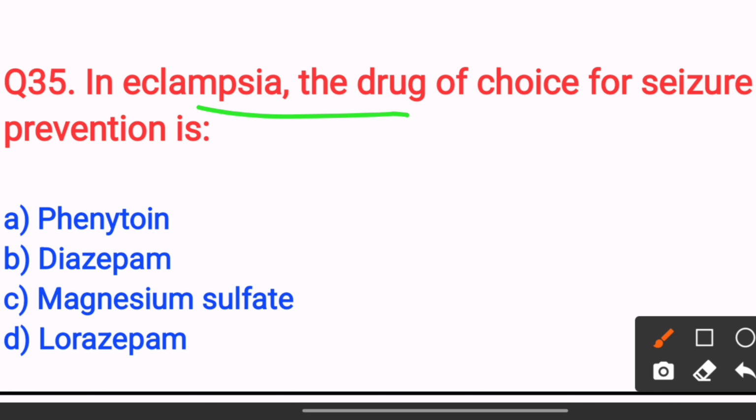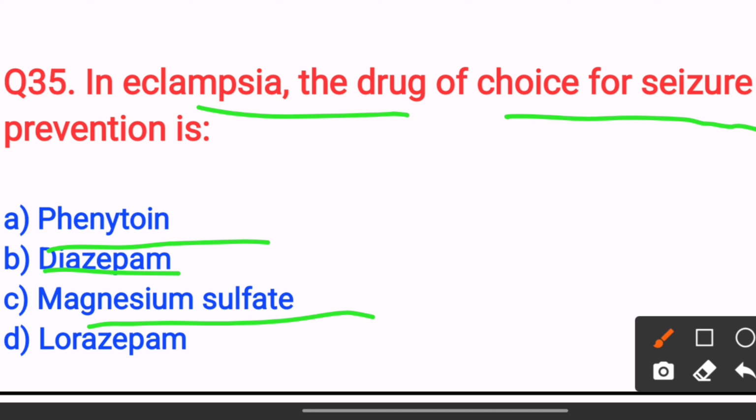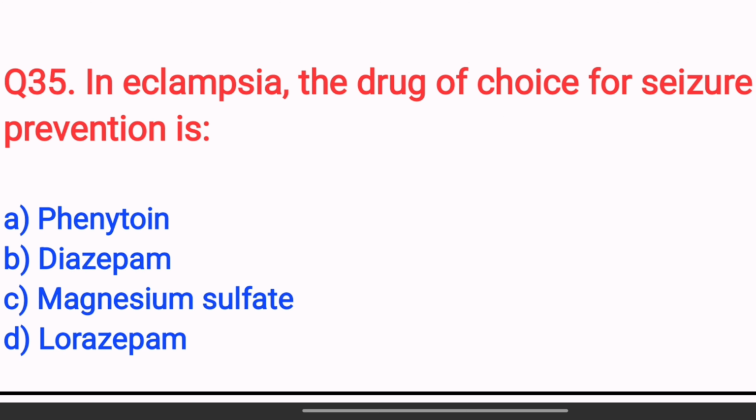In eclampsia, the drug of choice for seizure prevention is option A, phenytoin, option B, diazepam, option C, magnesium sulfate, option D, lorazepam. The answer is option C, magnesium sulfate. Next,